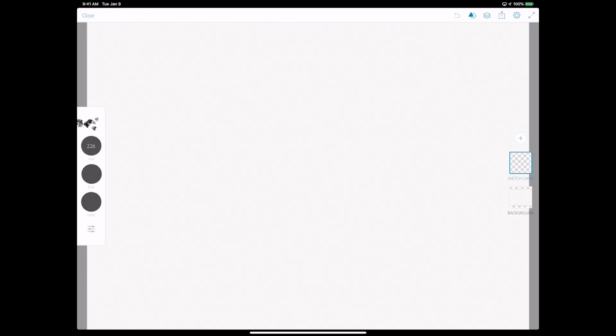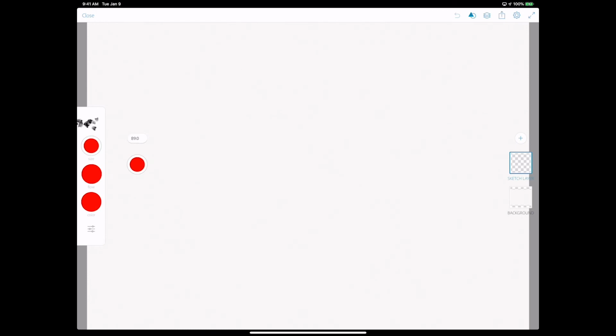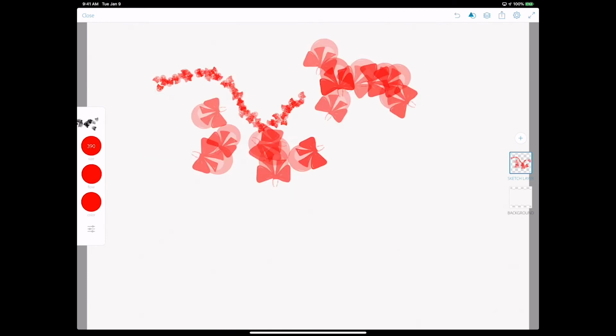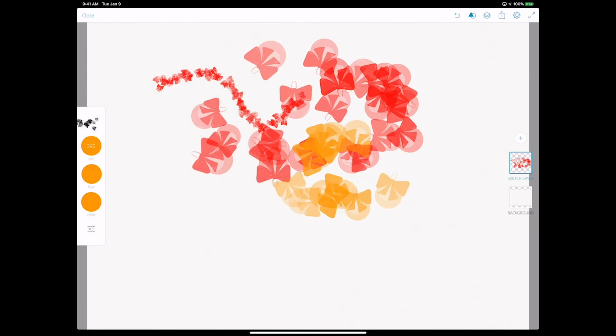I can change color. Let's use a bright red color. I can adjust the size of my brush, and voila. Bigger size, just like that. You can change color, of course, and voila. If you would like to adjust your brush inside Adobe Photoshop Sketch, you can do it as well. Simply click on